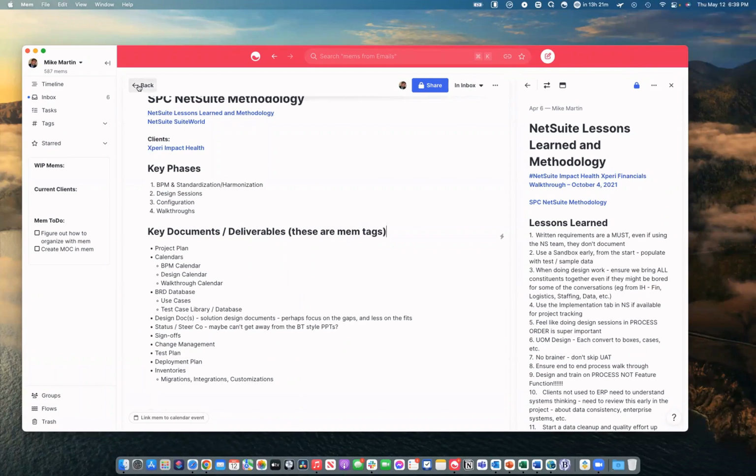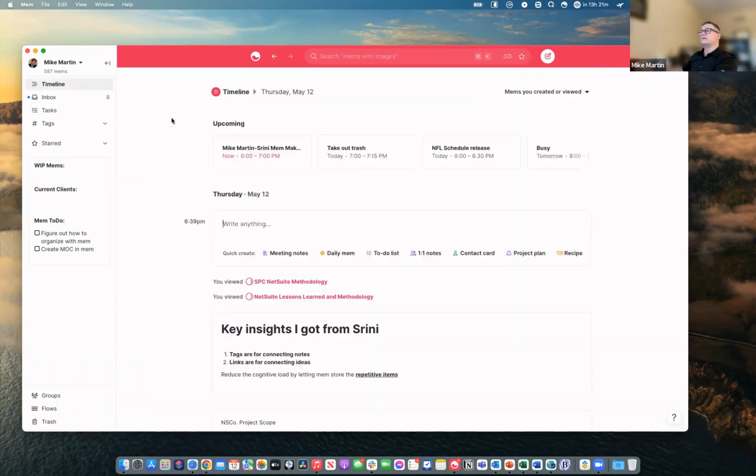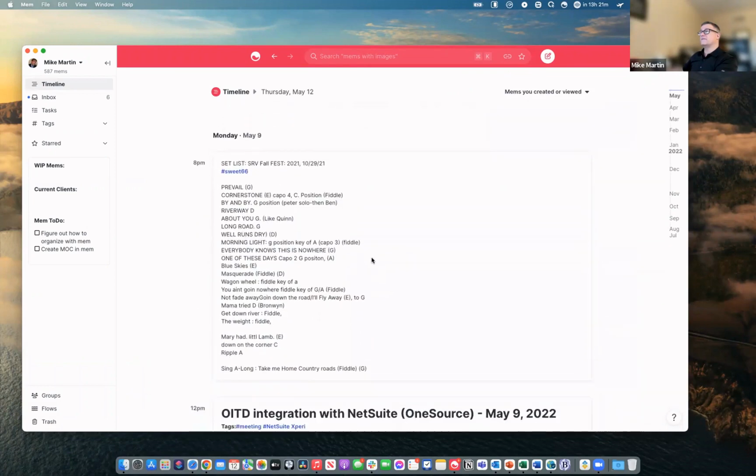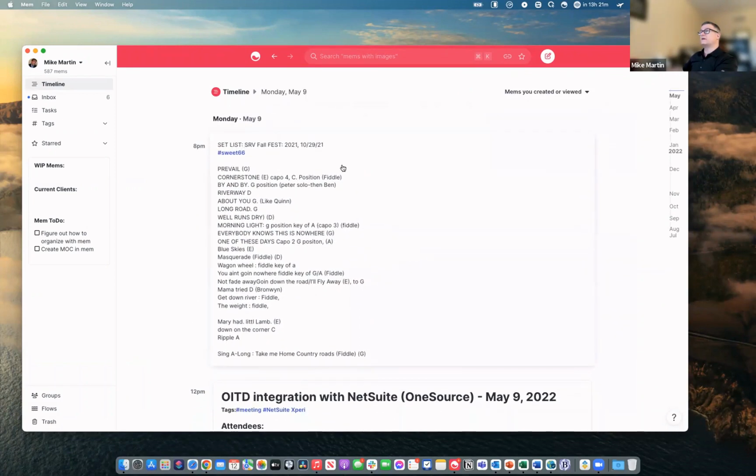Yeah, cool. And then another thing I'm doing is I play in a band, so you can say I've got my set list for my upcoming show. My band is called Sweet 66, so I'm doing that. So I am trying to capture pretty much all of my contexts in Mem, my personal, my work. So I don't know if you have any thoughts around